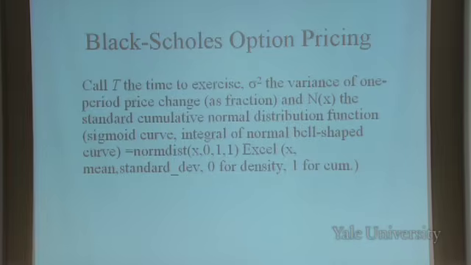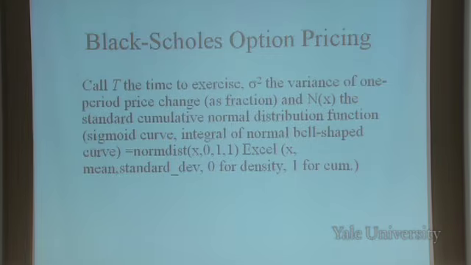What Black and Scholes did is, under certain assumptions about the stochastic properties of stock prices, and under the assumption of no arbitrage opportunity, they came up with a formula that an option price should follow if there's no arbitrage. So I'm just going to present their formula, and then we'll think more about options.